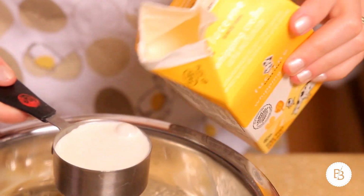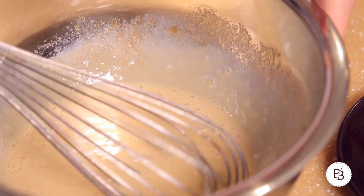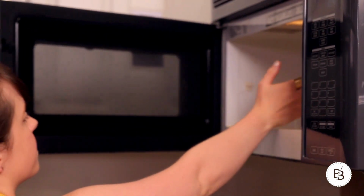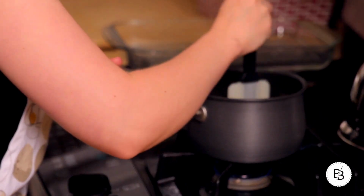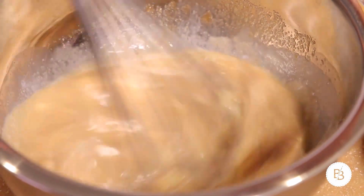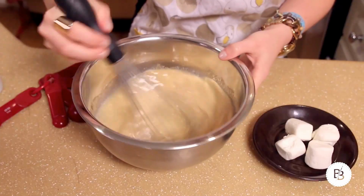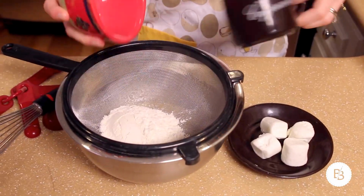Cream. And then we're gonna melt a little bit of butter to add to this as well. Melt that butter. Now we're just gonna add a little bit of vanilla extract. We're going to sift our dry ingredients into the wet ingredients. So flour,